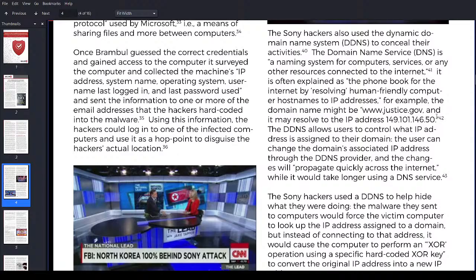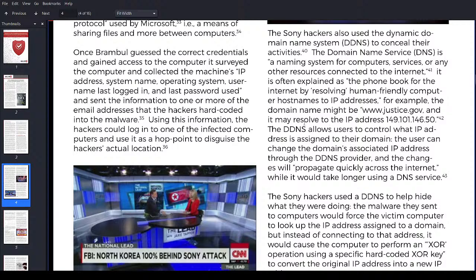So in other words, long story short, the domain name system will change something like www.google.com into the IP address, right? And then communicate with that IP address, and then that IP address will give you the requested information that you want, or the requested site, right? So that's how it works.